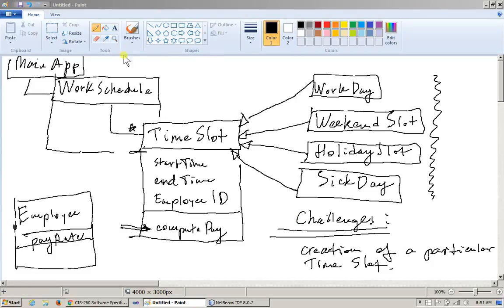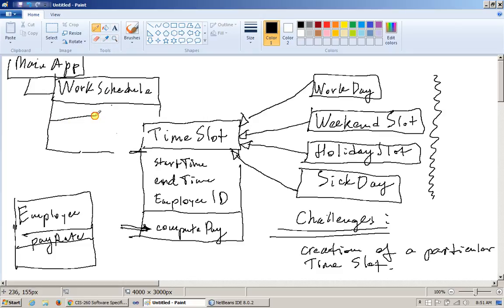Okay, so over here, I just would like to make a few very simple adjustments. I'd like just to raise this temporarily because at some point I may need to enter some attributes for my work schedule and some of the methods here, so that's why I sort of did it this way. But over here, the work schedule, in fact, let me make this